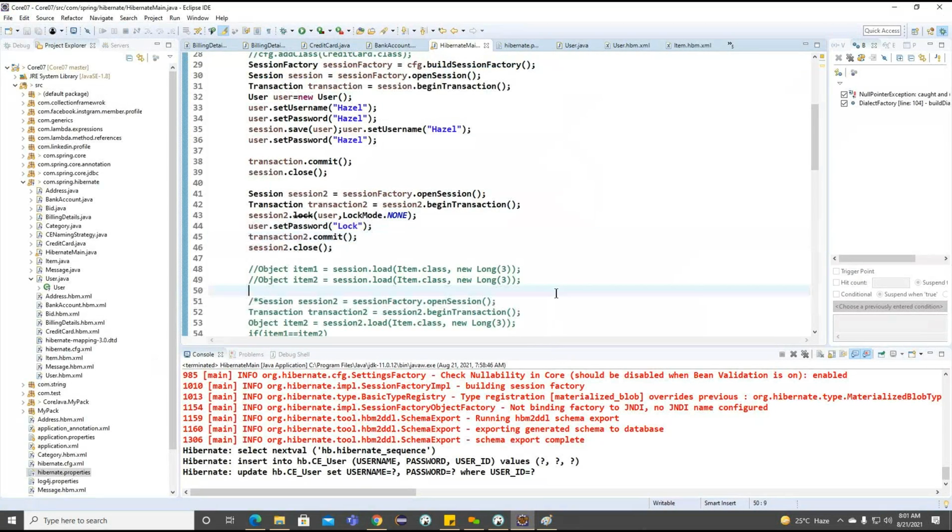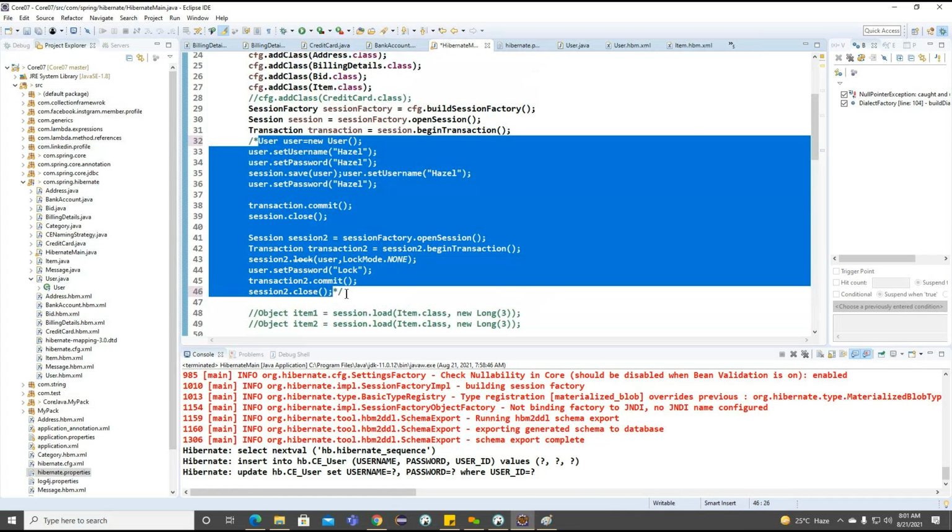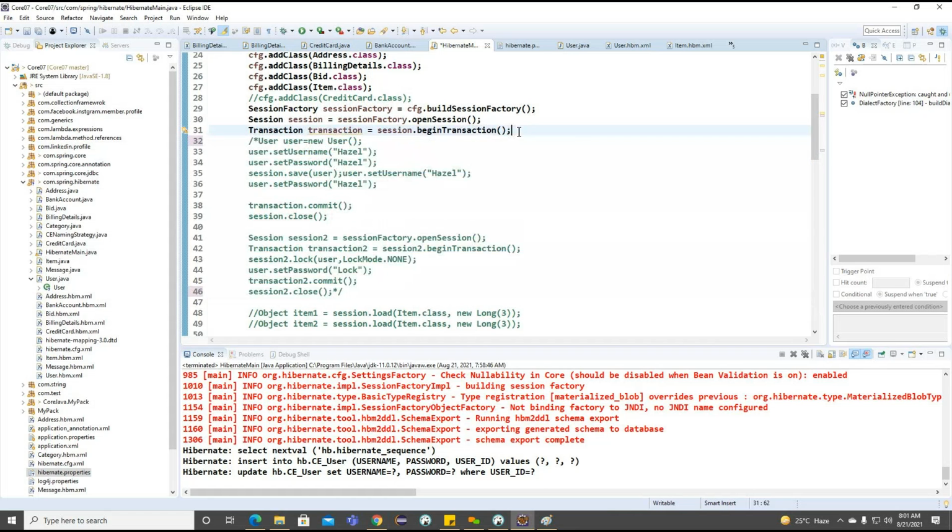Now observe. To understand, what we can do is comment all the section of codes here. All the section of codes I'm going to comment.